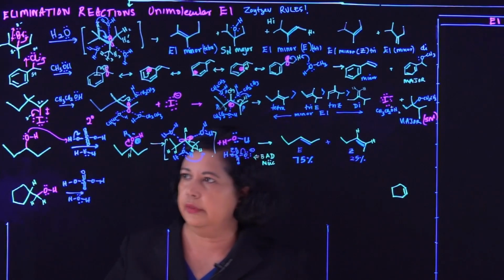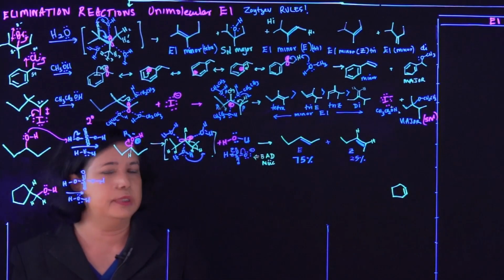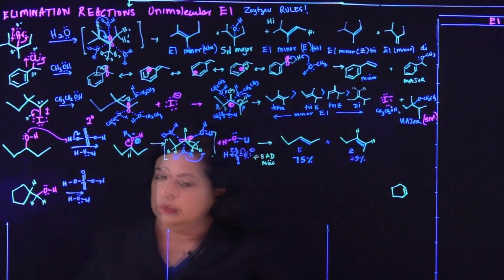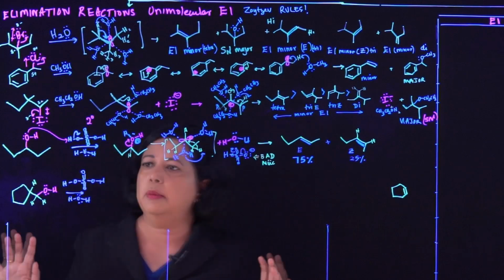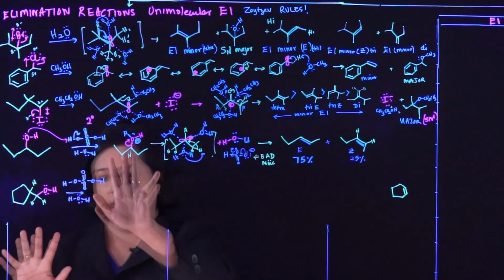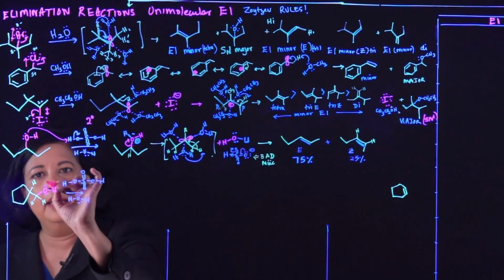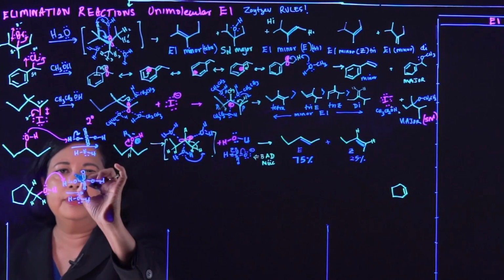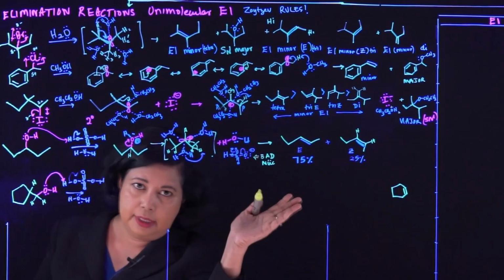I mean, there was nothing with a 6-membered ring here, and here you have a 6-membered ring staring at you. What happened? Well, let's look at it. Let's see what are the possibilities for this molecule. Can it ever go there? Let's do the same mechanism we did here. Well, you're going to have the lone pair zap that proton and give off a sulfate. So you're going to get a